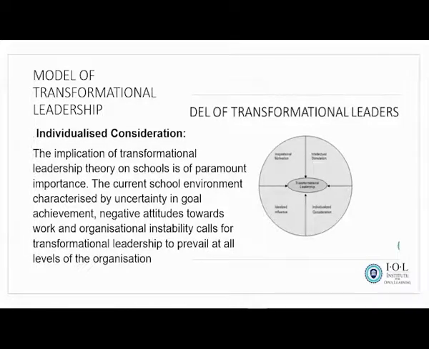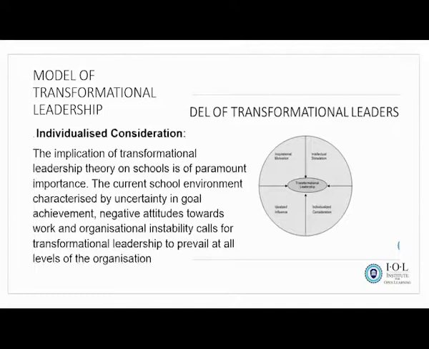There is a sense of selfishness. And this is where you really need to have transformational leaders, people who are going to empower or influence their followers in such a way that there is a turnaround strategy in terms of embracing a positive attitude, in terms of taking ownership and responsibility to take the school from point A to point B,